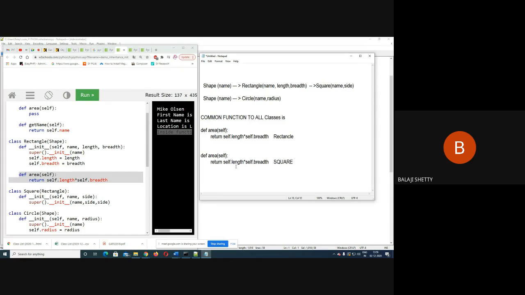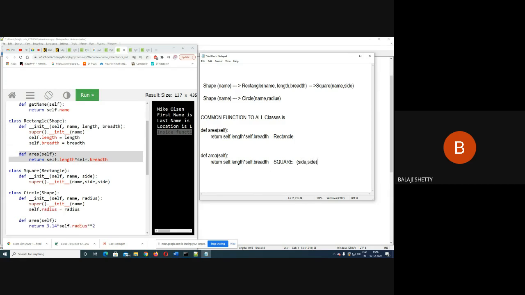And here self dot length and self dot breadth are the values of side. Why side? Because here we are saying side into side. Side is assigned to length, and side is assigned to breadth. This is for Square.